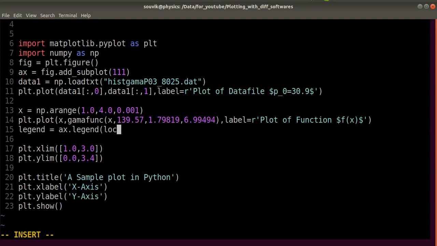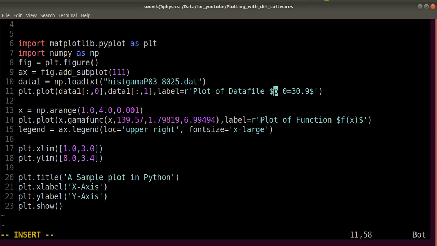Then you have to put the location. Let's say I want it to be upper right, and then you can also put the font size, let's say font size is extra large, and then bracket close, right?